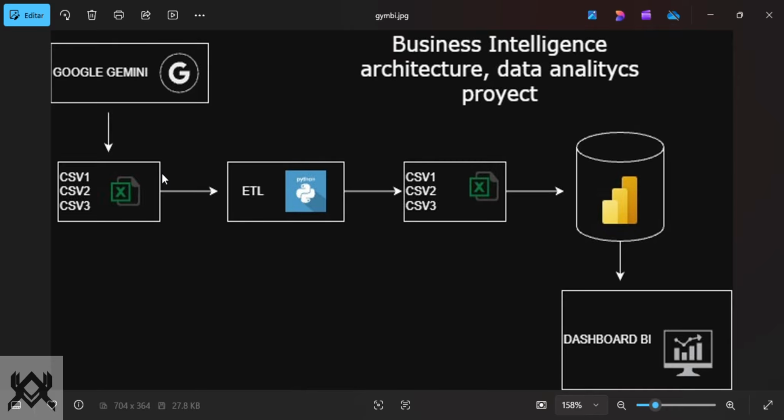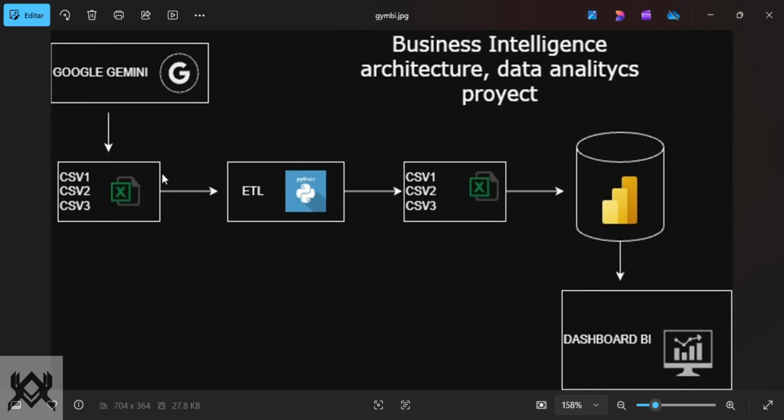After, I apply my transform process, we validate data, maybe drop duplicate data, and if, for example, column age has some null data, I am going to fill it with the mean value. After, in my load process, we generate again three CSV files.